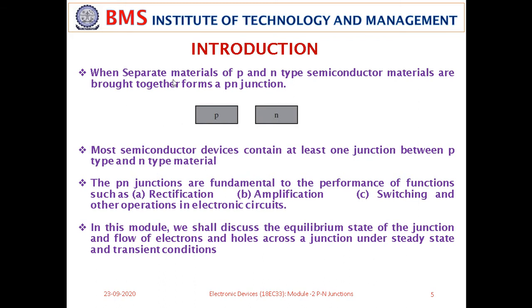Okay, the problem is when you bring these two together, as the theory says, the different materials of P and N type, when you bring them together, form a PN junction. But the exact interfaces you see in a real diode are very difficult to make. Therefore, the theory says that you should club these together, combine these together to make a PN junction. But in reality, we don't make PN junctions like that.